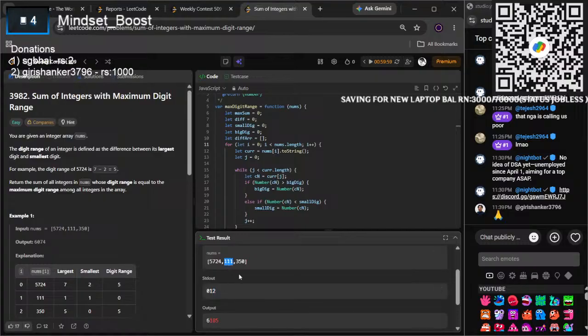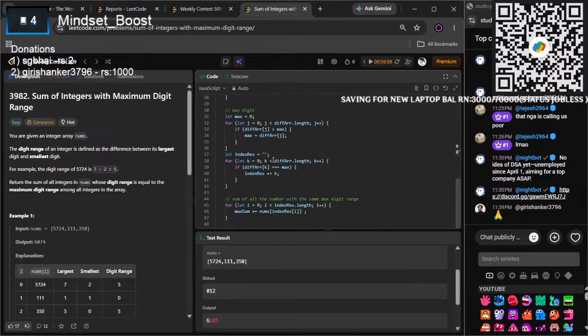Why did I get this thing? This thing did not even have the value of this thing. If difference at k is equal to max,